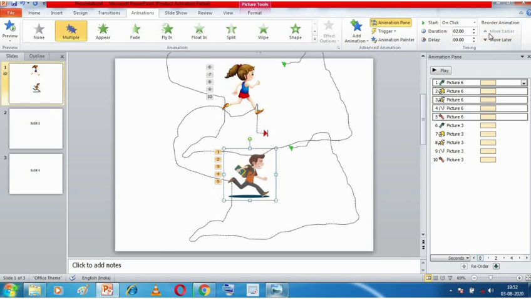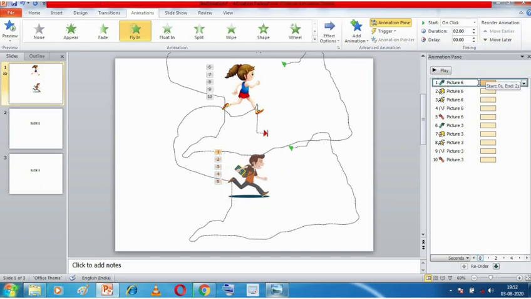Okay, there are two options: move earlier and move later. Using these buttons we can change the order in which the animation effects appear. Suppose I've selected this animation and I've clicked on move later. So what will happen is that this animation,